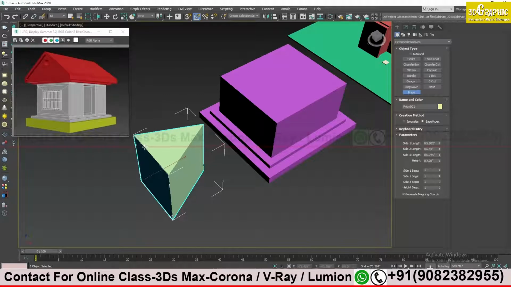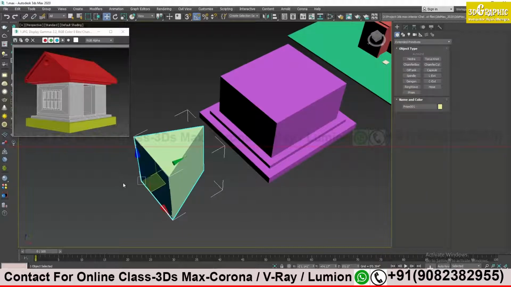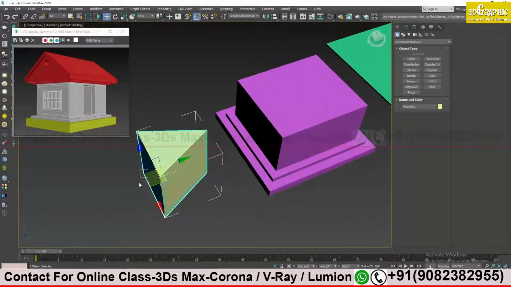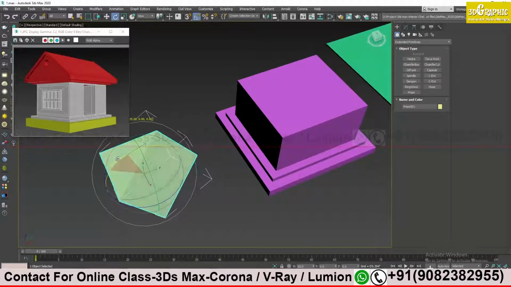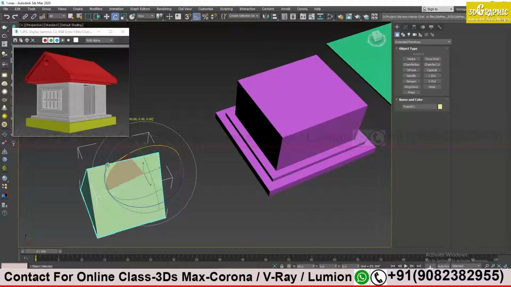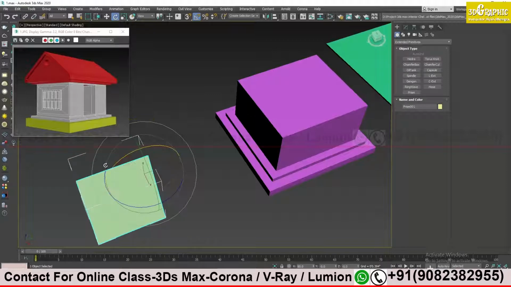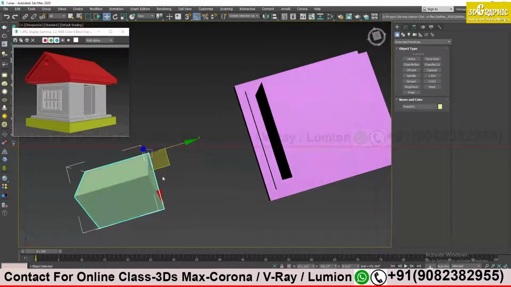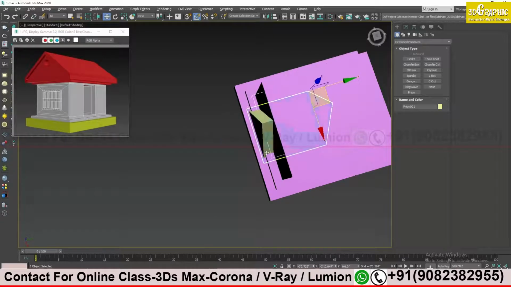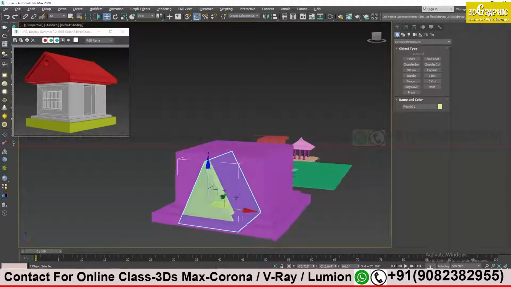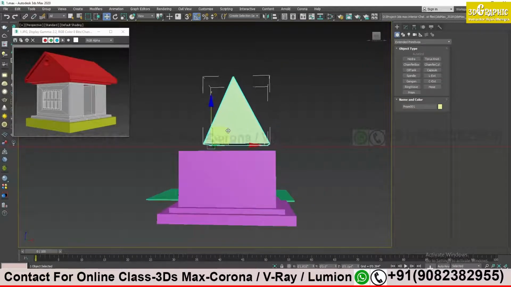I'm getting this height also. I will press W to come out of my drawing mode, and I just have to rotate it now. I'll take the rotation tool and simply rotate it down by 90 degrees. Then I have to place it on top of my model, over the walls.